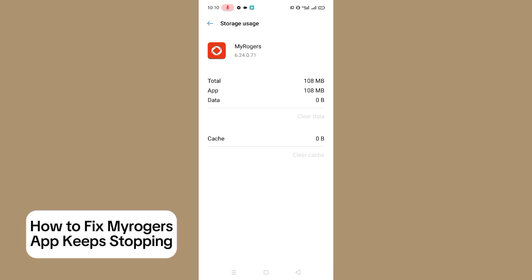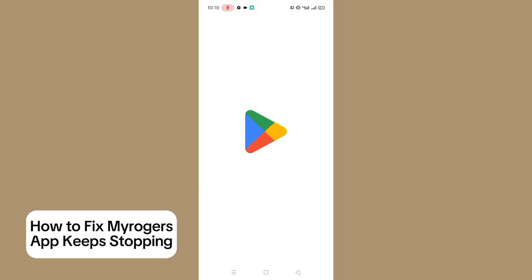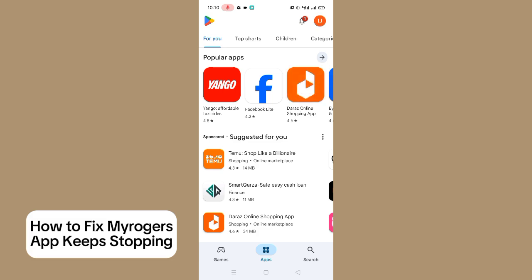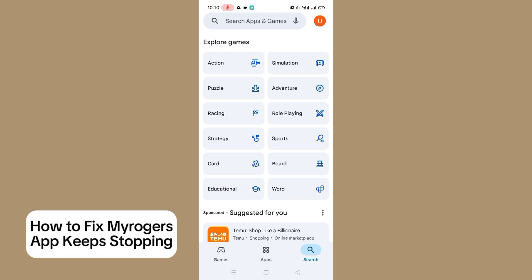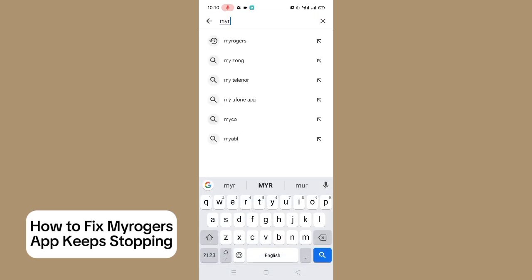Now the cache and data have been cleared, so close this app and go to the Play Store, or the App Store if you are using iOS or iPad. Then tap on the search option in the bottom right corner, and now tap on the search bar on the top and type Myrogers,